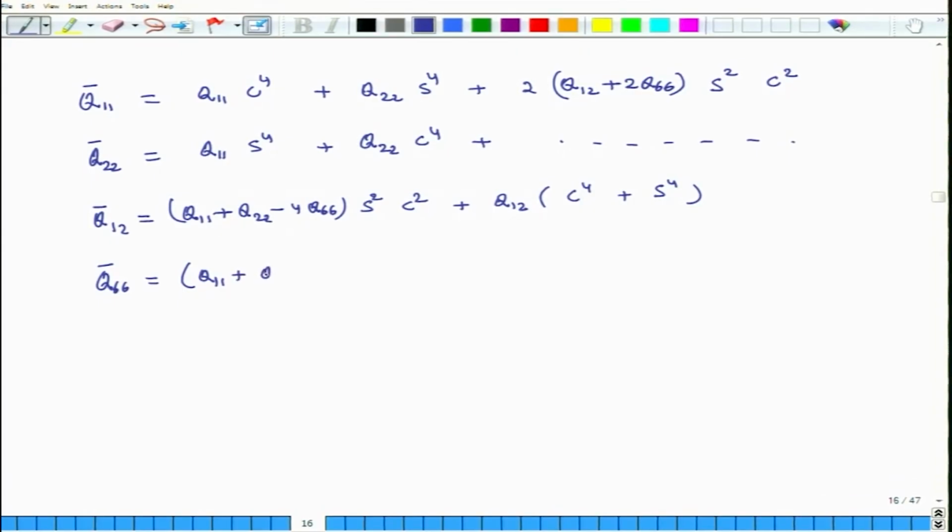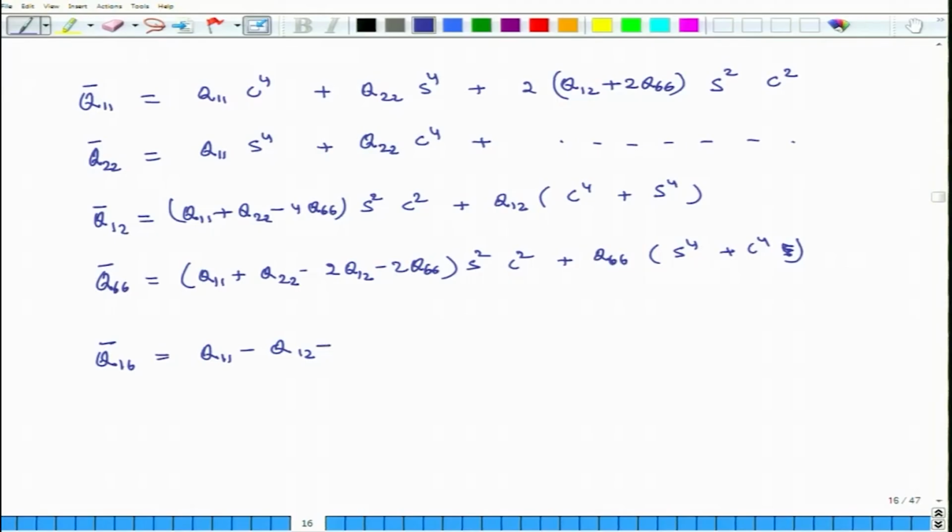So, (Q11 plus Q22 minus 2 Q12 minus 2 Q66) sine square theta cosine square theta plus Q66 times (sine 4 theta plus cosine 4 theta). Okay. Q16 bar equals (Q11 minus Q12 minus 2 Q66)